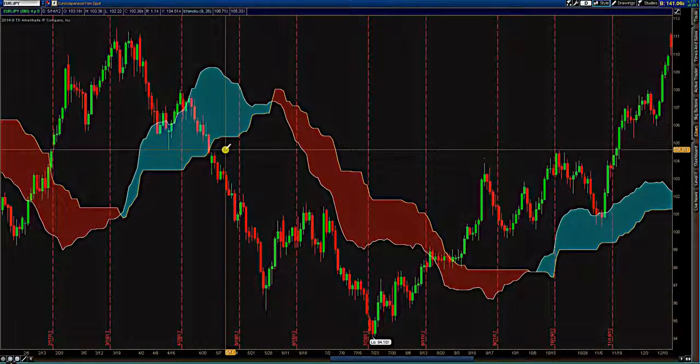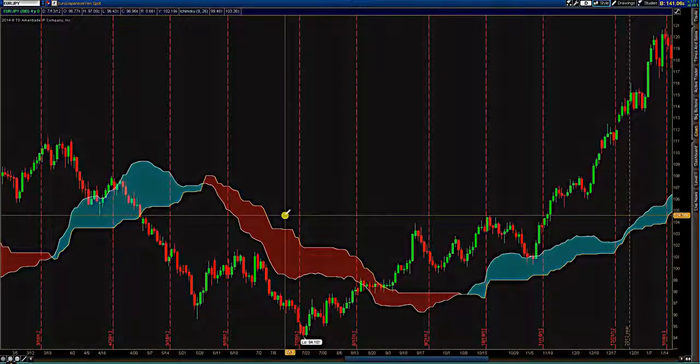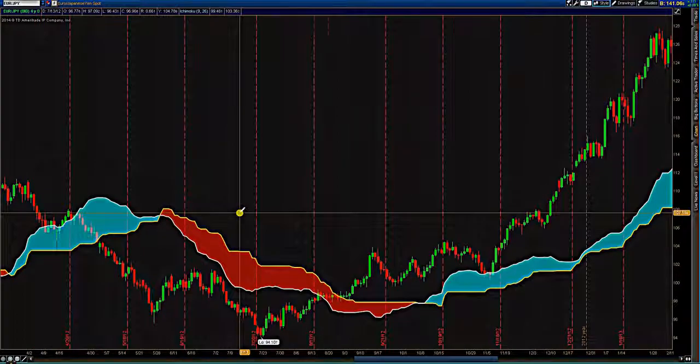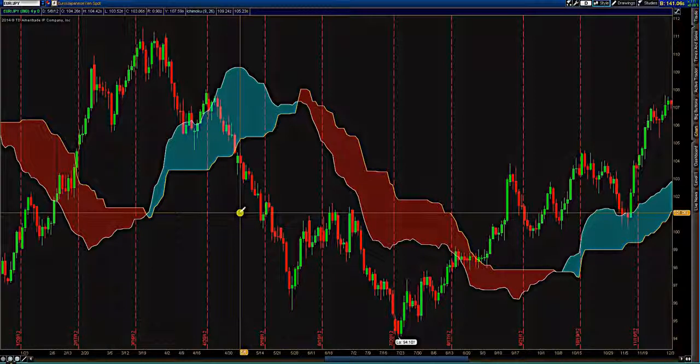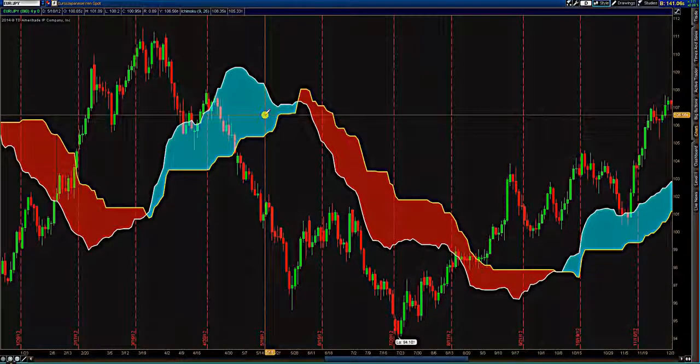All right, now where you get out is a different story. That's where we're going to include the Tenkan and the Kijun for basically entry and exit signals. But pretty much I just wanted to show everybody market sentiment. And one way that people do trade is Kumo breaks. They'll look for a Kumo break on the daily, 4 hour, or weekly time frames and take